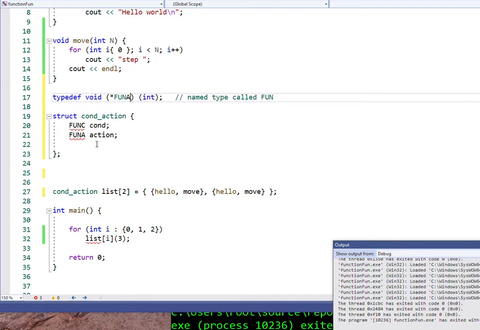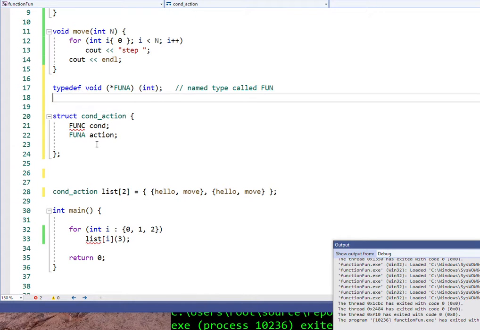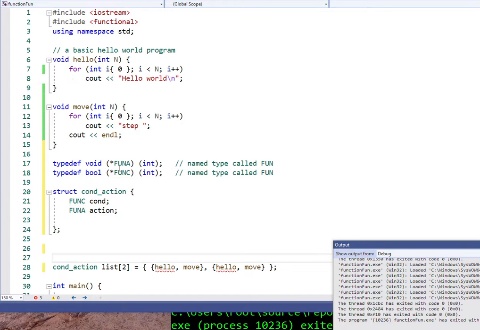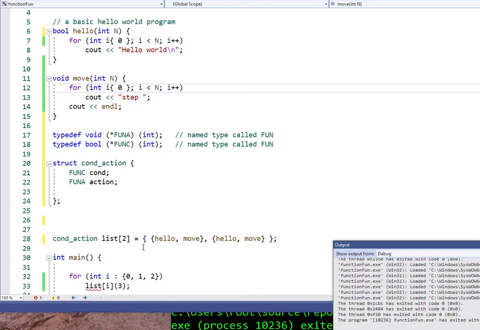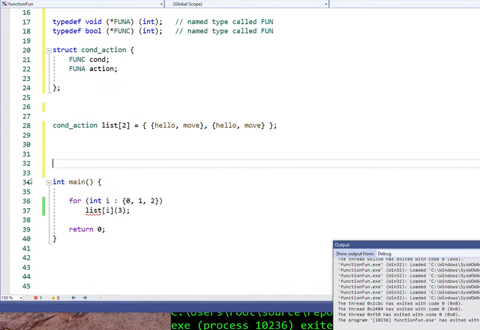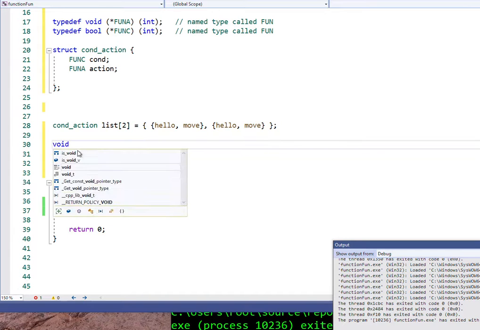So I'll make this action. You'll see what I'll do for a second for condition. And bool for a condition. So now what happened is I can run this function. If the function returns true, I can then execute this thing here. So now I could have another function, void